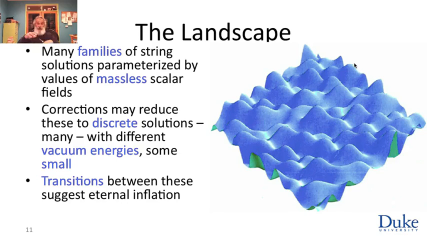We remember that the values of the scalar fields is what acted as the inflaton. In fact, massless scalar fields are a problem because we don't detect any light scalar fields other than perhaps the Higgs in our universe. But you can imagine some modifications and corrections that would reduce this continuous families of solutions to discrete solutions, but many, many, many different, large numbers of them, so that you would have a solution, and then there would be some theories that are not a solution.